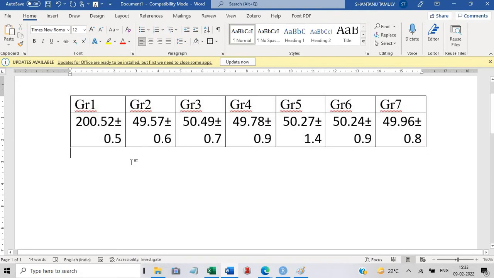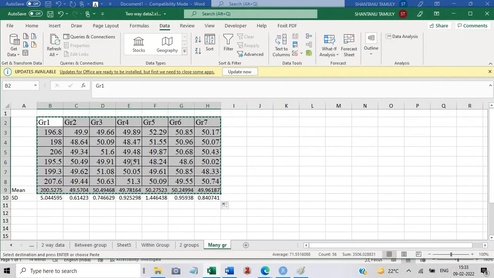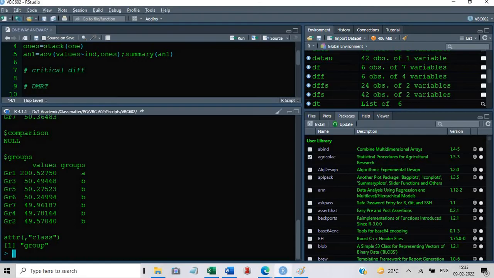Okay. Now how will we put the superscripts here? So what we will do?